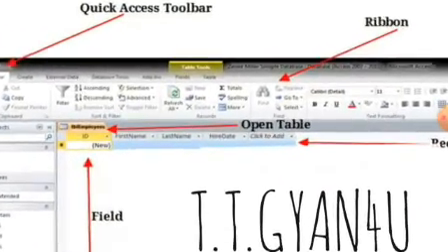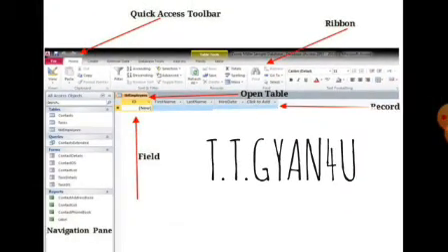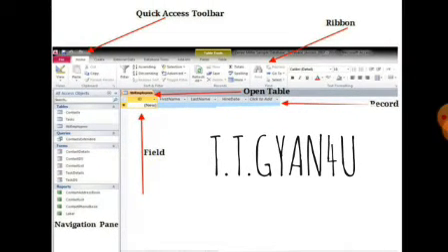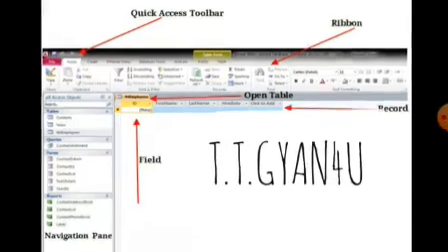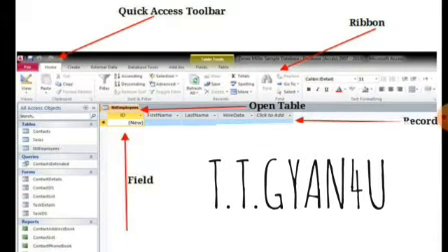Whatever information we are maintaining in fields and records, or in rows and columns, is called a table. What is a record? The information stored in a row is called a record. If we are maintaining data in a column, it is called a field, and when we are maintaining data in a row, it is called a record.